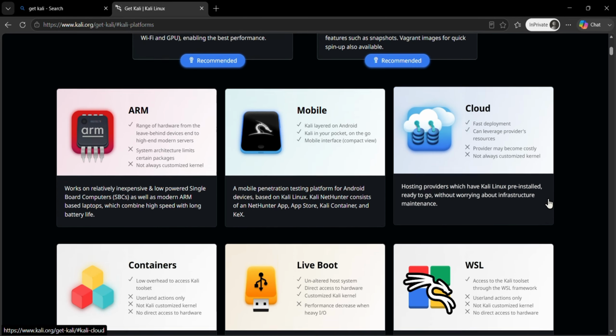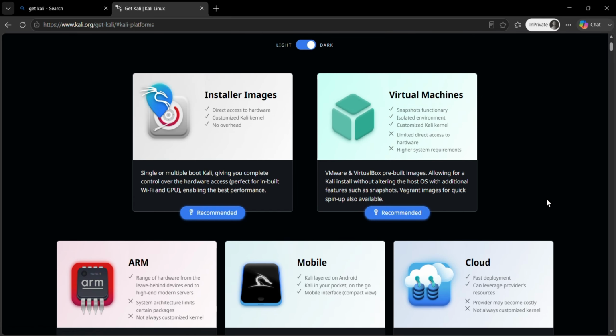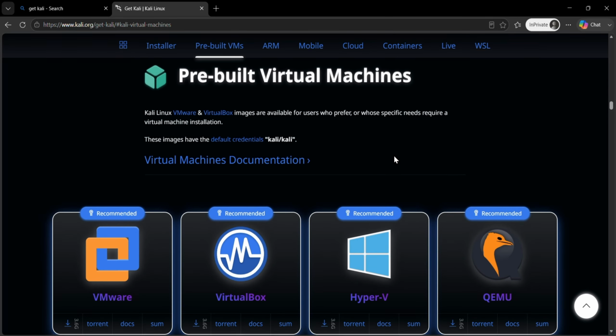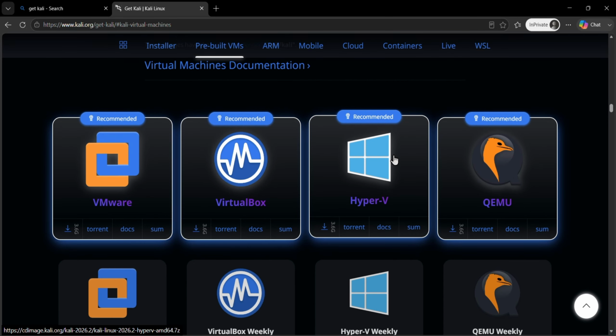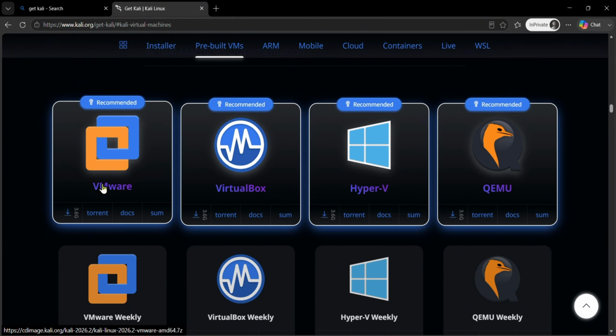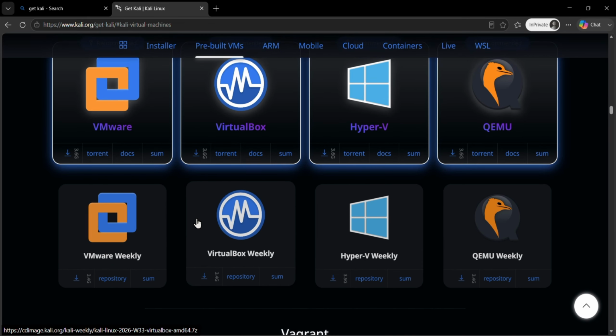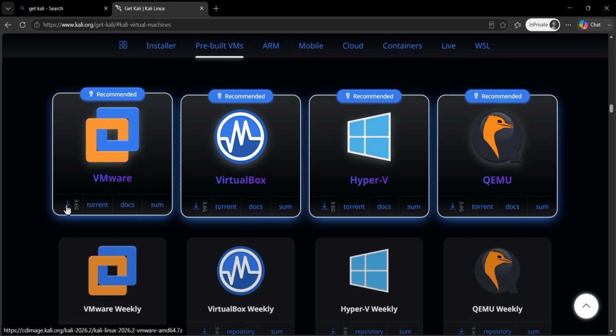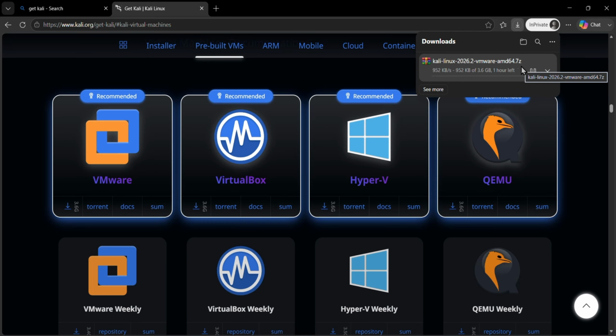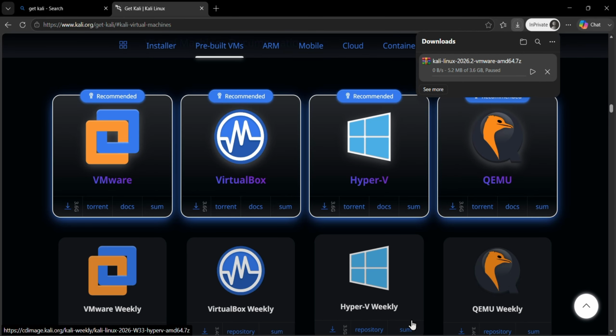First, head up to kali.org. Look for the pre-built virtual machines options. Depending on the software you are using, whether it's VMware or Oracle VirtualBox, download the pre-built image for your machine. Once it's downloaded and extracted,